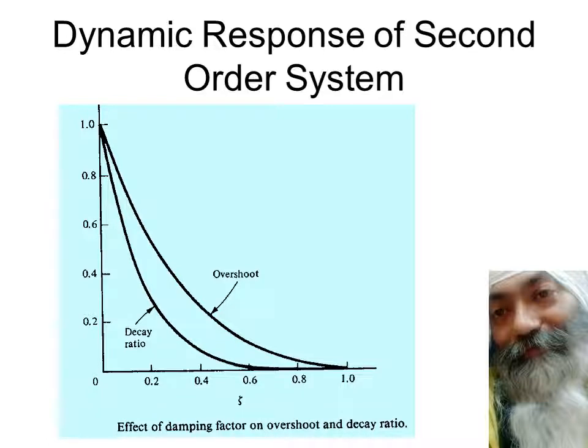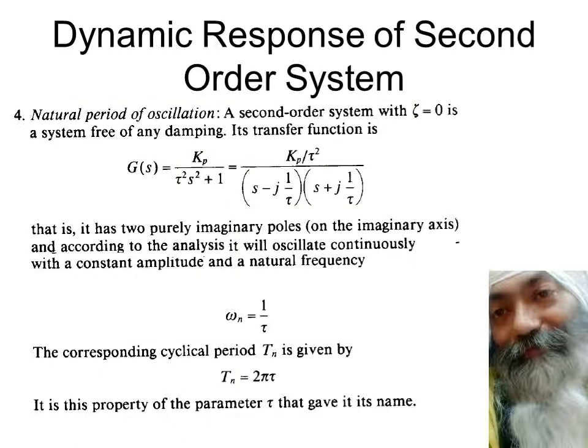Back to the response, as I told you that we start with an overdamped response with some zeta. Let us say zeta is equal to 1.2. It becomes 1.4. This becomes like this. It becomes 1.6. You can obviously see coming to this natural period of oscillation, that is if we put zeta